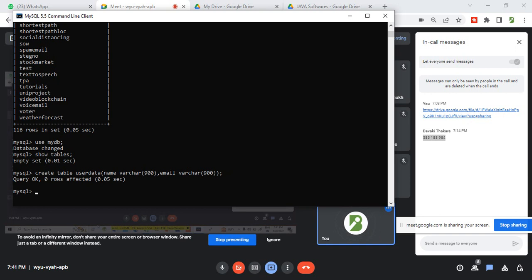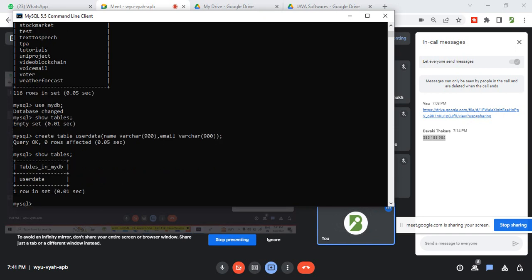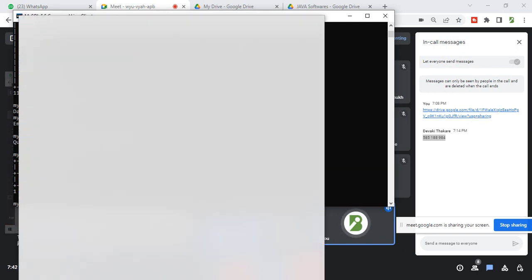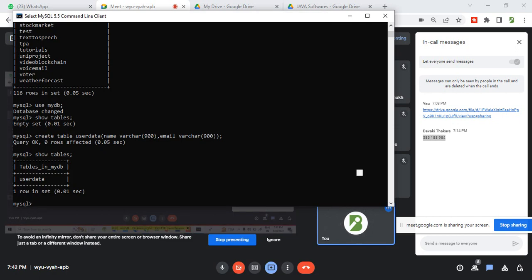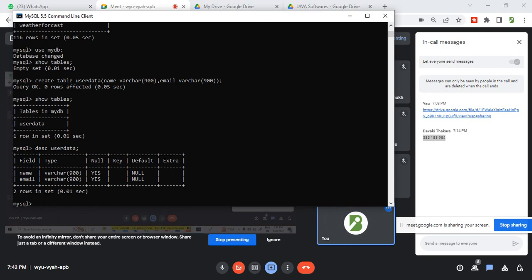Clear? Yes or no? Yes, sir. Okay now. So now again fire the query. Check table will be created or not. So if I fire show tables, what the output I am getting? I am just getting here one single table. And if I want to check whether the same table will be created or not, so we are right now simply here describe table. Okay, we are playing with the database. So it's just giving us user data. Am I clear? Yes, sir. Okay. Try to execute. Try to work out now.